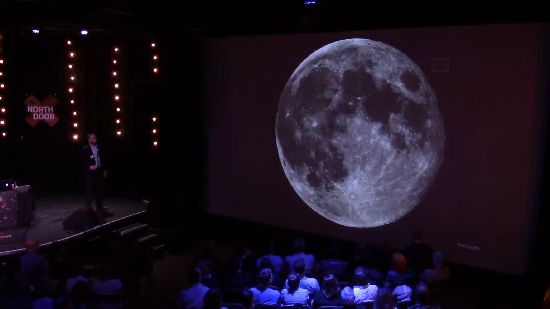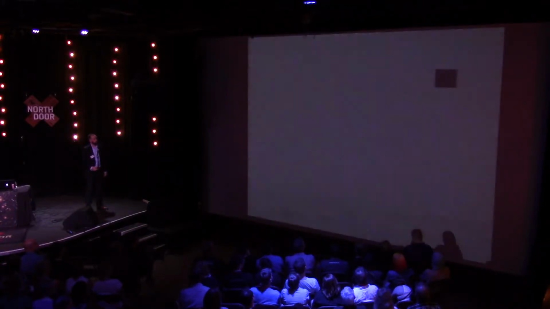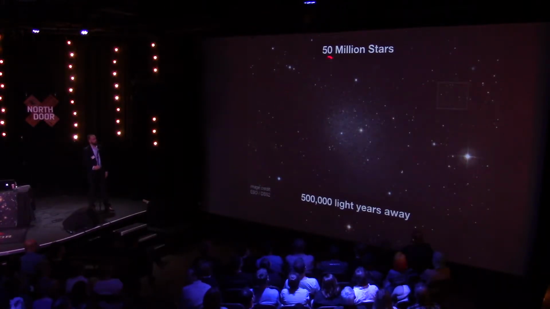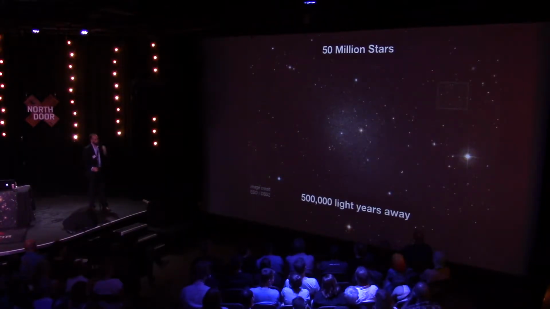In fact, some of the nearest galaxies are much, much, much bigger than this. This is a galaxy that's very nearby, again, relative, 500,000 light years away. It's actually within the edge of what we think of as the Milky Way. And it has, again, a puny sort of 50 million stars. So a typical galaxy like the Milky Way might have 100 billion stars. So this is a small galaxy. And we'll hear more about these in one of the talks later today.